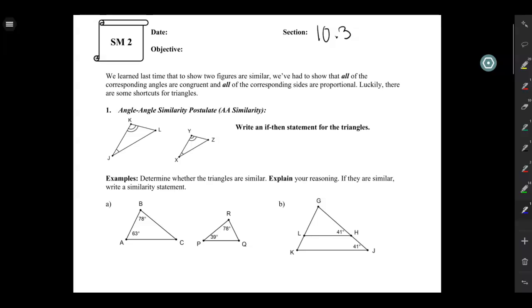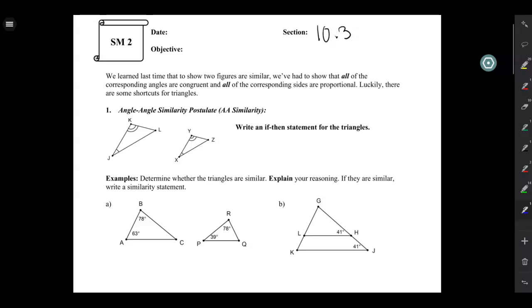In this video, we're going to be talking about triangle similarity theorems. So in the last section, we talked a lot about just similarity in general. And we have to show that if two shapes are similar, that all the corresponding angles are congruent and all the corresponding sides are proportional. So we're going to look today just at triangles and learn a few shortcuts to help us determine if two